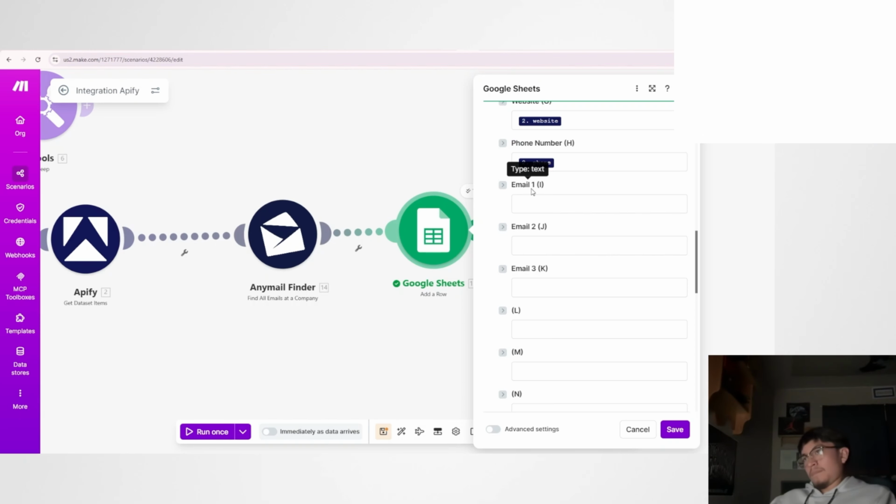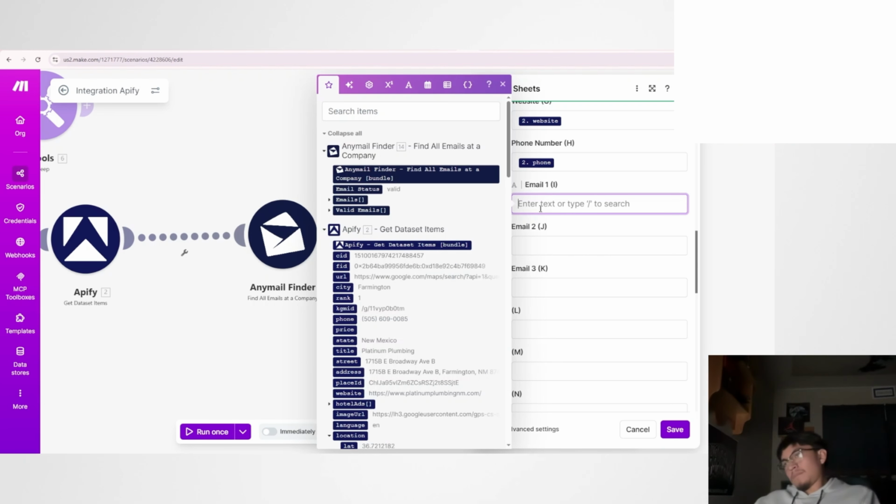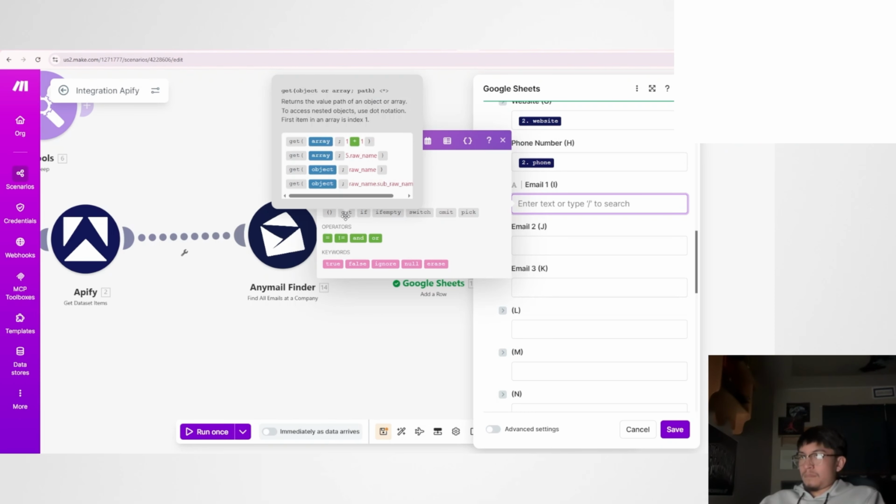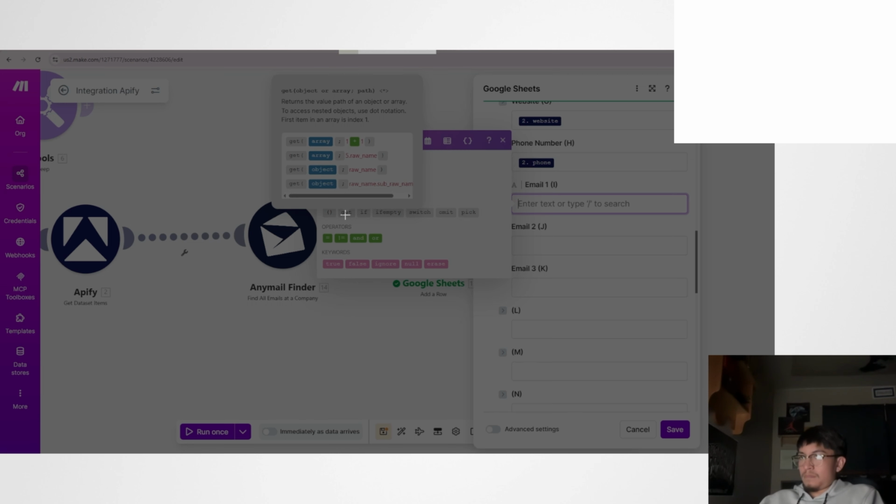Let's just say we want the very first email in a list of 9 emails to go into email 1. What I'm gonna do is click on this, and at the very top, there's gonna be a tab called General Functions. I'm gonna open this up, and you're gonna see a list of functions right here. The one that we want is get, because we're getting something from the list. When I hover over it, it shows us an example of how to use this function